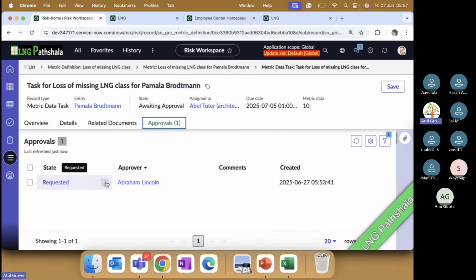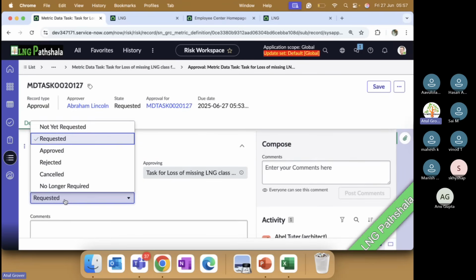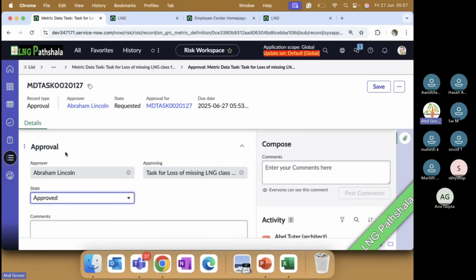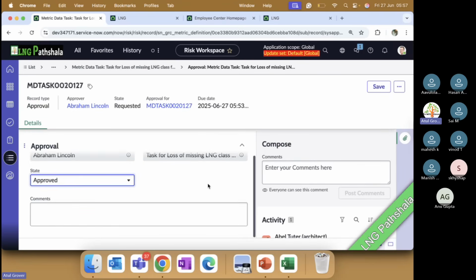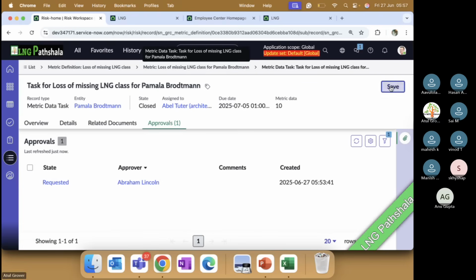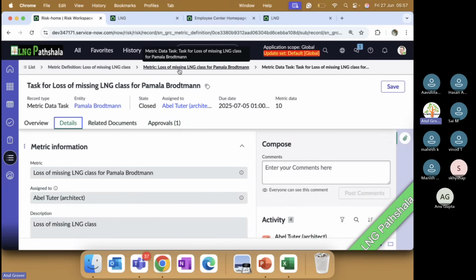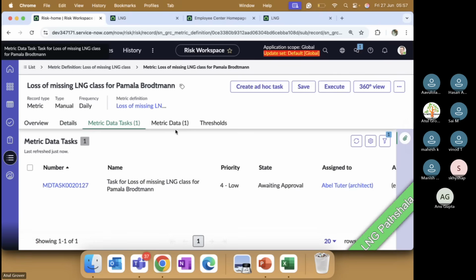let me approve from here and see. Let me approve it. Yes, I can approve now as admin, and I can add a comment. Agreed on the 10 data. Now approved. Go back here and save. It's closed. Now go back on the metric, this one,